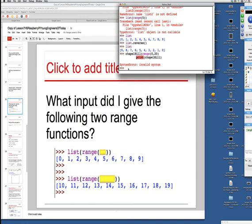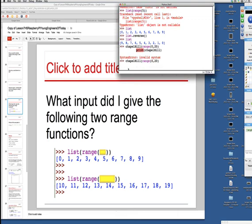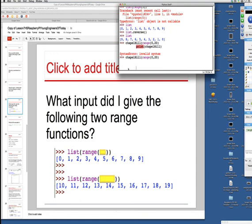I'm not catching a break tonight. What am I doing wrong there? Let's try this again. See, that's not... What did I do wrong? Print value. Okay. In this case, I want to say